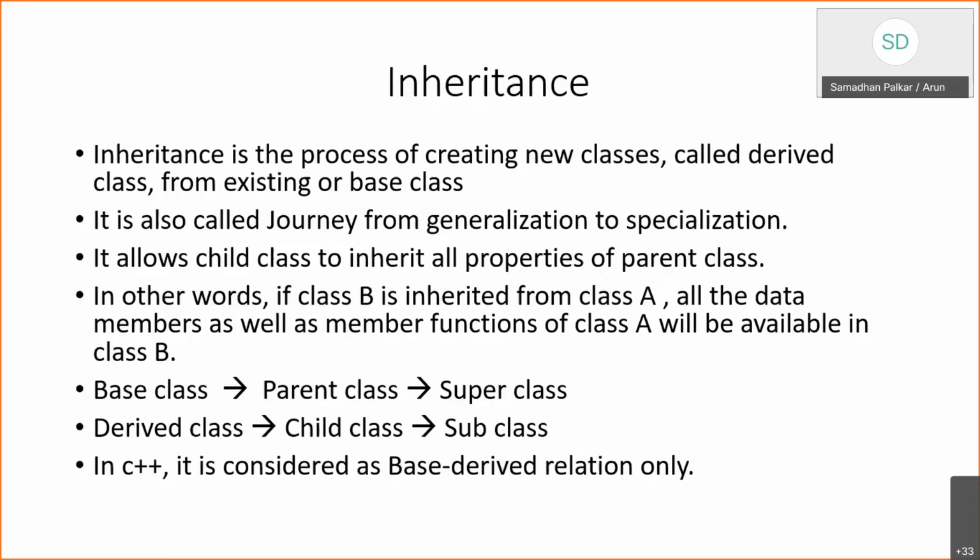So there are two types of classes in inheritance. One is called the base class, and from the base class you can derive a class, or you create a child class, and that class is referred to as the derived class, right? So there are two or three relations between those classes. You treat it as base class derived class relation, or you may say parent class child class relation, or you can say super class subclass relation, right? So for inheritance, those many words are there.